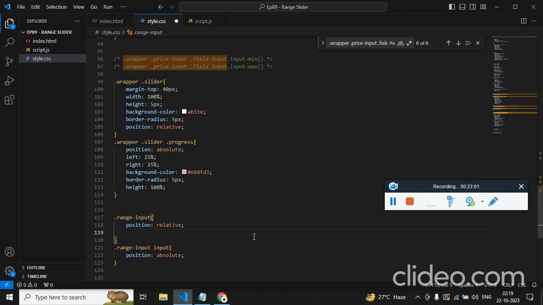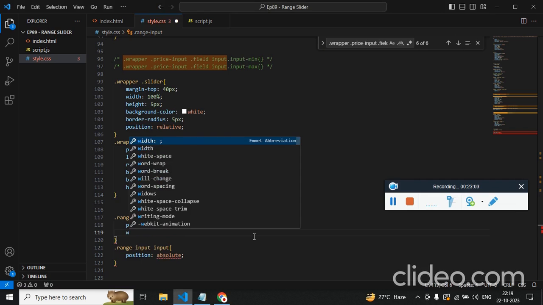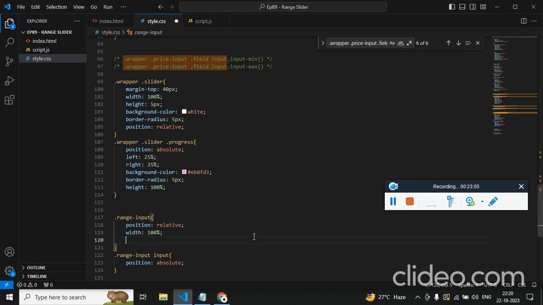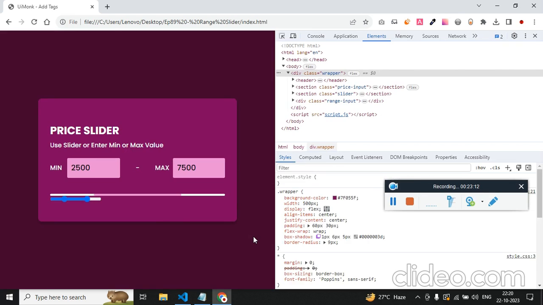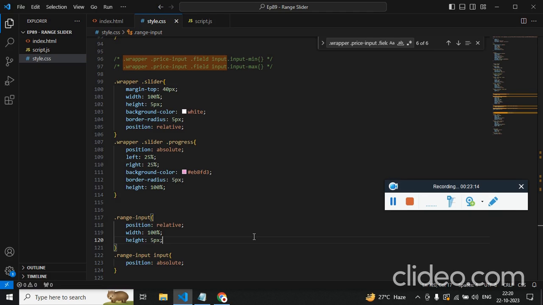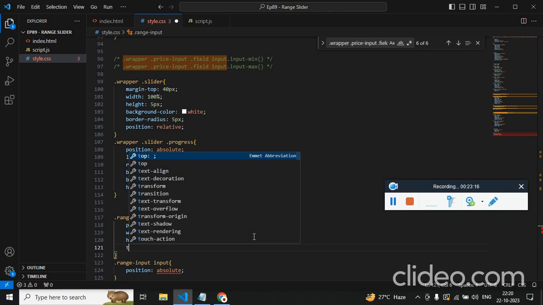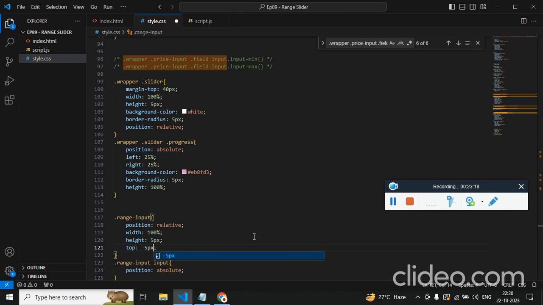So position absolute, position relative, width of 100%, height of 5 pixel, and top, let that be